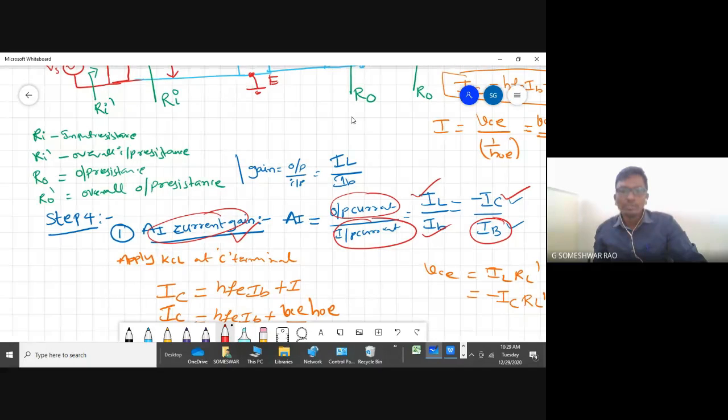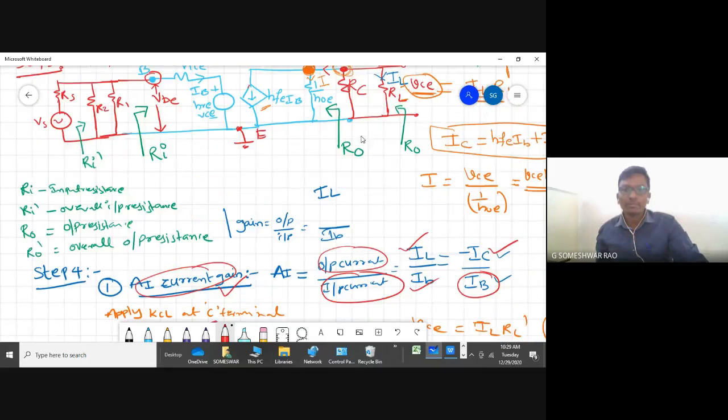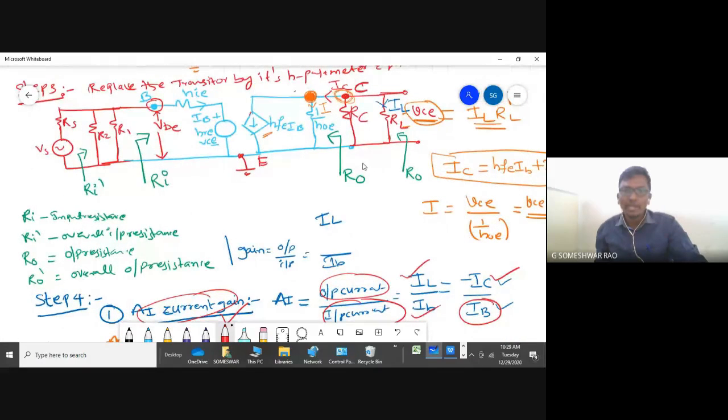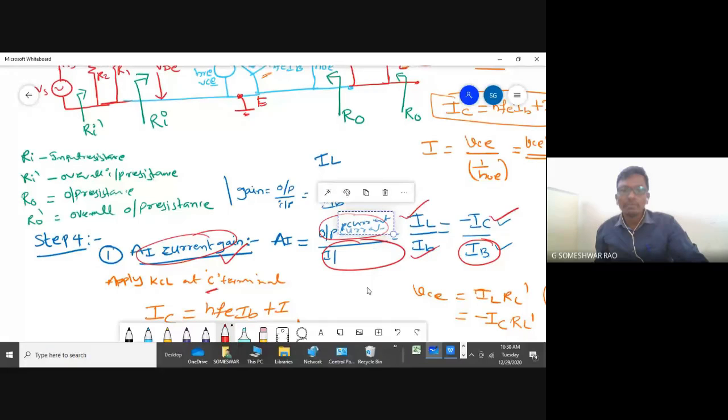So now apply the KCL at the collector terminal. This circuit diagram is very, very important. Whatever we have drawn in this circuit diagram, at this particular node we have applied a KCL. So apply the KCL: HFE into IB plus I, where I is the unknown current which is flowing